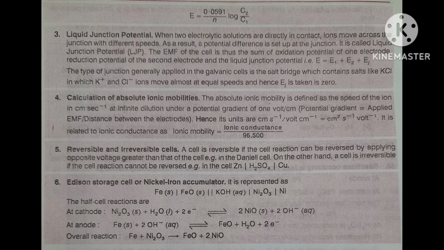I told you always that at anode oxidation takes place and at cathode reduction takes place. Then anode is here, Fe is converting to FeO. Then Fe oblique FeO you can write. Both are solid. Fe solid oblique FeO solid. You can bracket and write a small s. S means solid. This is the anode. Now cathode is